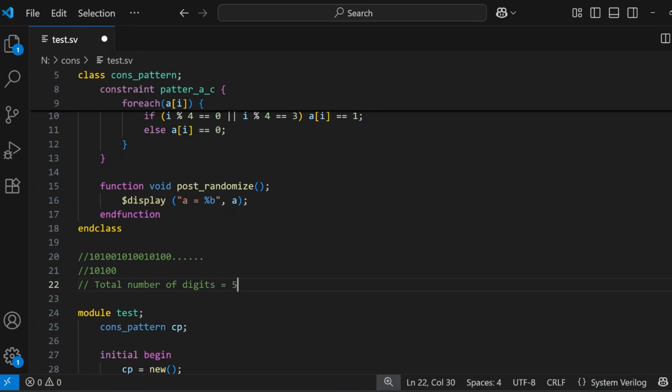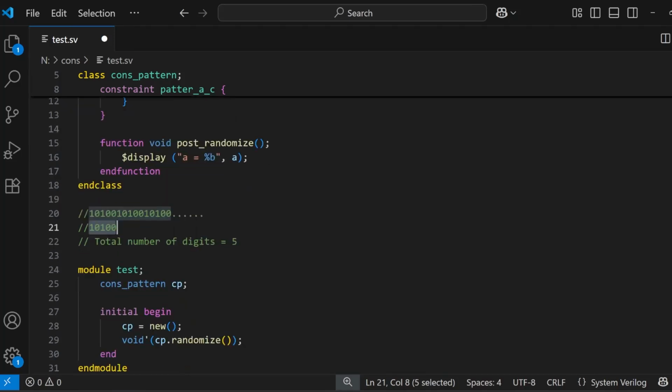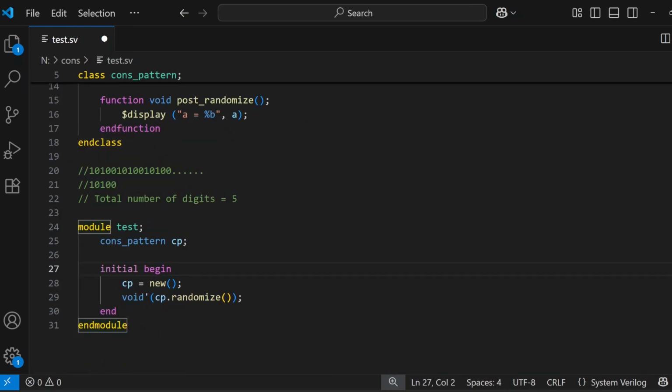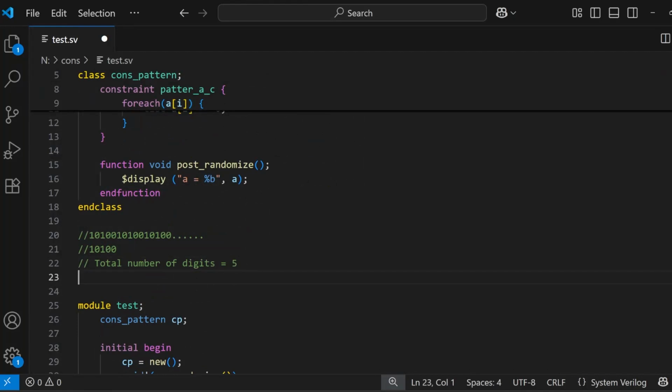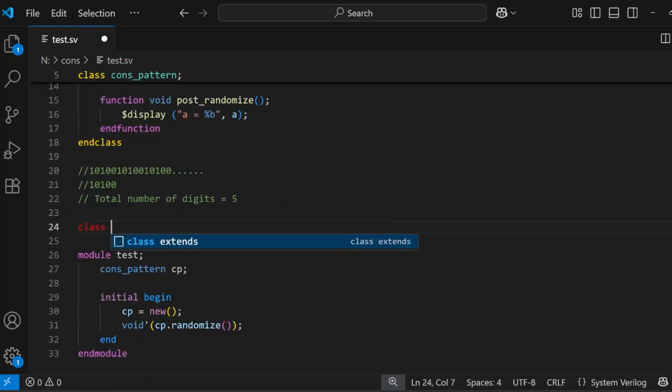So there are a total number of 5 digits in this unique pattern, and we will be assuming the position ranging from 0 to 5. This one is 0th position, then this is first position, this second position, this is third and fourth. Sorry, 0 to 4th. So we will be assuming the positions ranging from 0 to 4, just like you will do with any arrays. So let us just write a class for this. Let's call this class pattern_2,